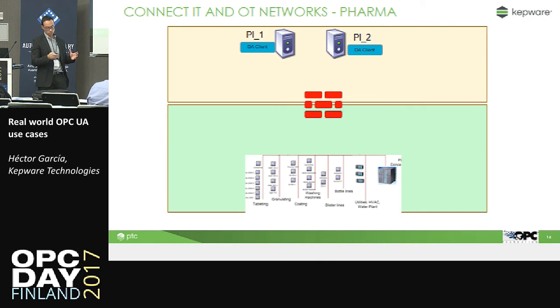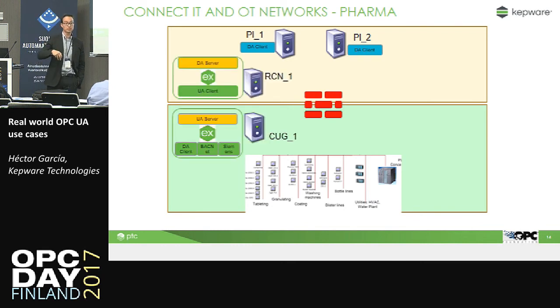So in the end, what they did was just install a Kepware EX with the OPC DA client to connect to these OPC DA servers for those special machines. The BACnet driver, which is a very common protocol for building management systems to control air conditioning, to control temperature and these kinds of things. And also the Siemens driver to be able to communicate with all the PLCs they had in the plant. Convert into OPC UA, and then on the other side of the firewall, they could use the OPC UA client to convert into OPC DA and send information into the OSIsoft PI historian.